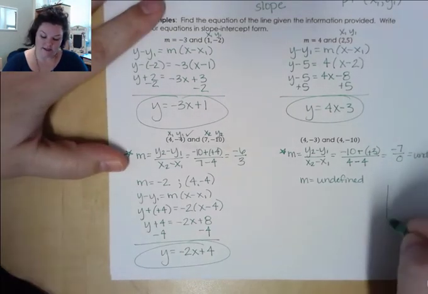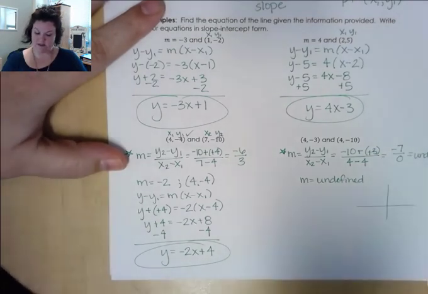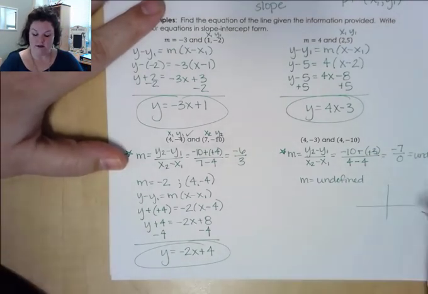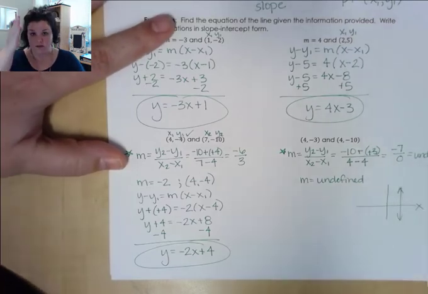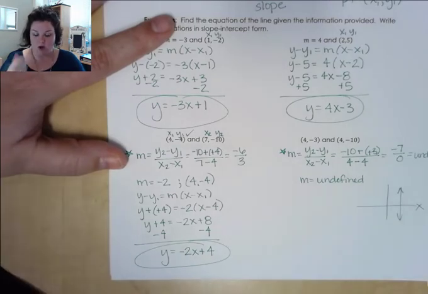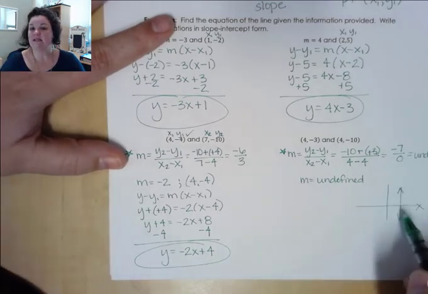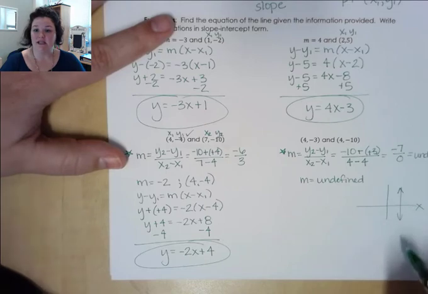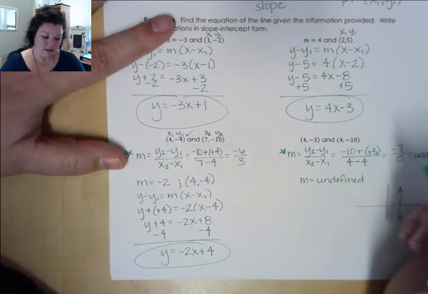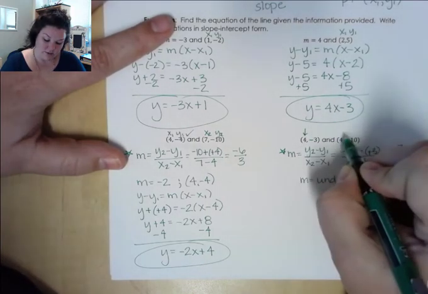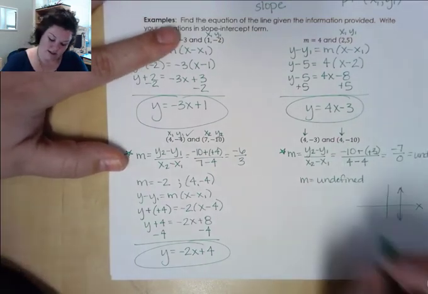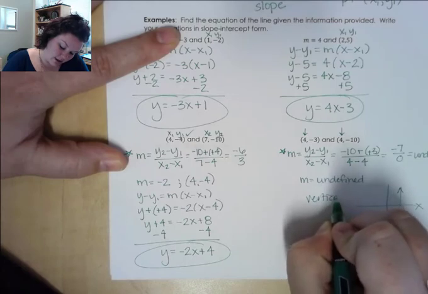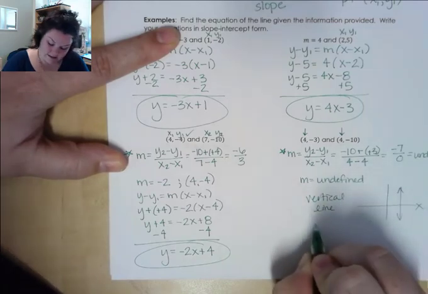Now, vertical lines look something like this, right? They go through x values because they're going through the x-axis. So all I have to identify is what is the x value that this line is going through. Well, if you look at your points, it will show you that the x value they have in common is 4. So because I know that this has to be a vertical line, it has to be the line